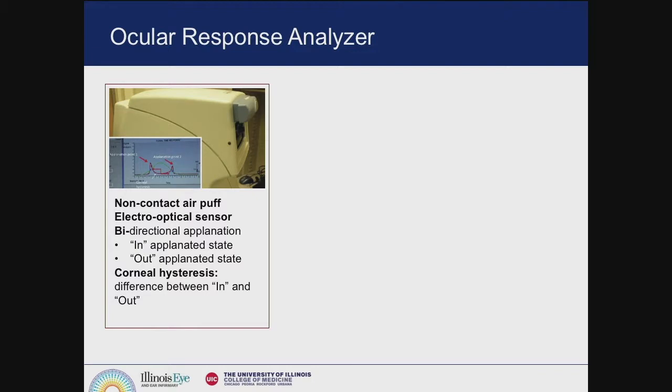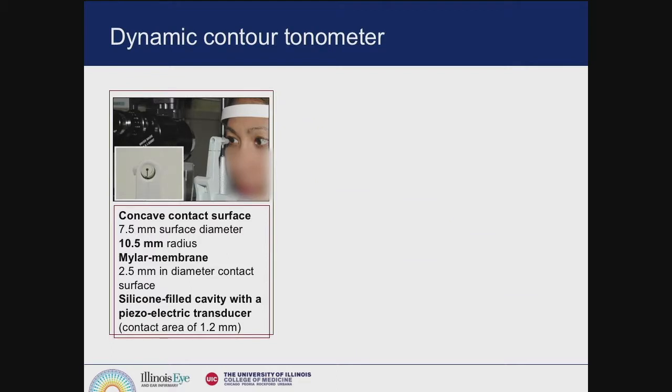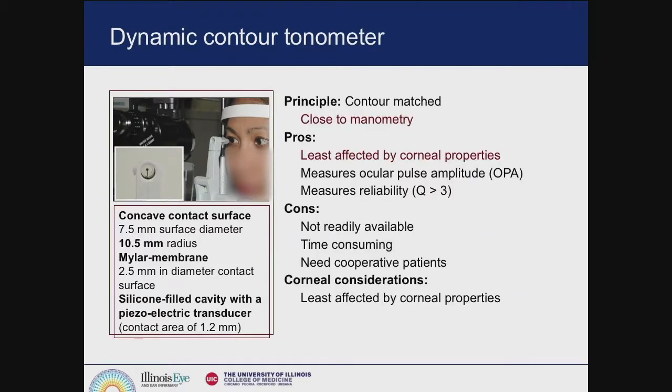Ocular response analyzer. This is a unique device because it can give you the measurement of corneal hysteresis, or the biomechanical property of the cornea, and also can give you a corrected pressure measurement. However, it's not well understood. We don't really understand how biomechanical changes after cornea procedures affect the reading. So I think more research in this area would be really helpful. Dynamic contour tonometer, again, this reading is close to manometric reading and is least affected by cornea property, but in theory. So if you have the device, I would encourage you to use it